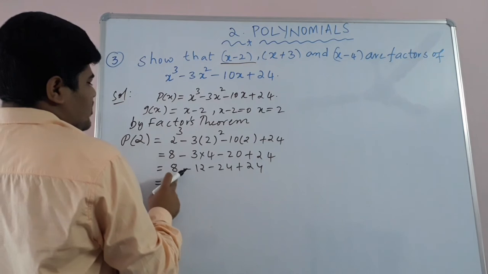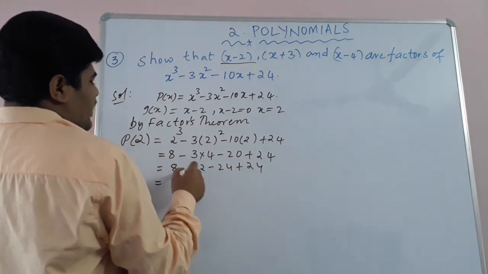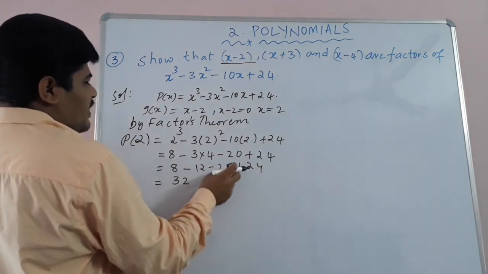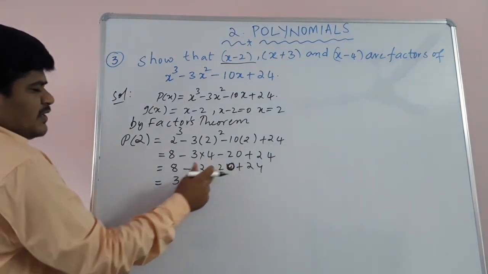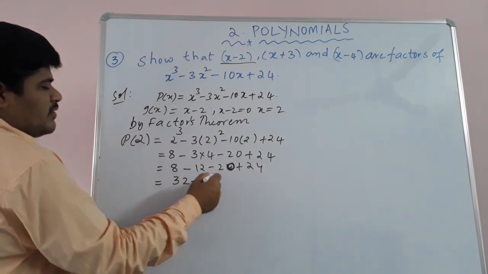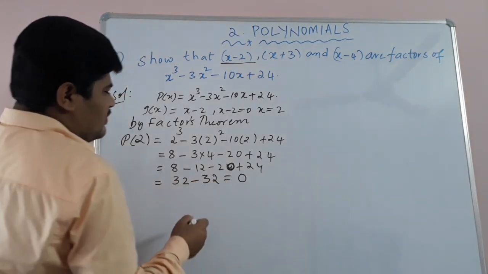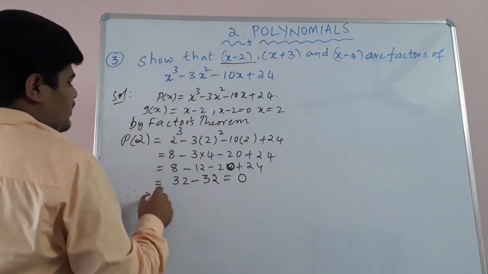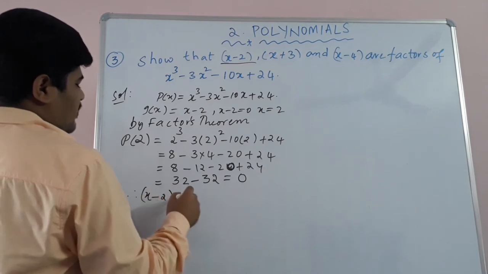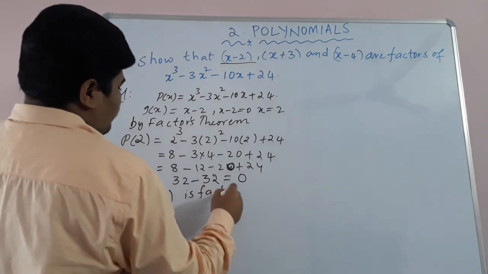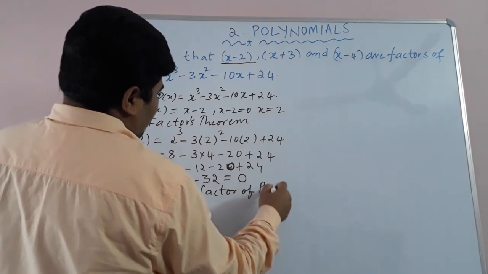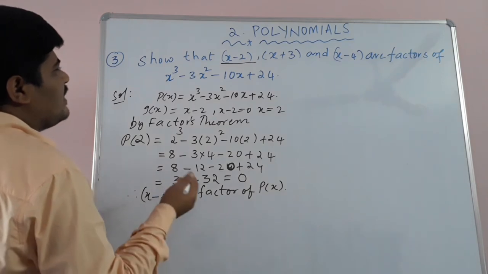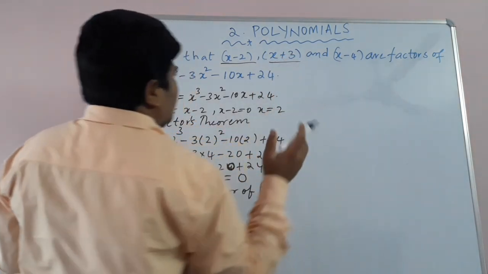So add two positive numbers children, 8 and 24. Sum is what? 32. Negative 12, negative 20 is there. So if two negative numbers are there, add them and take the negative symbol. So what is the remainder children? 0. So by factor theorem, therefore you can write x minus 2 is a factor of p of x. Okay now children, take another divisor, means we are testing now whether x plus 3 is